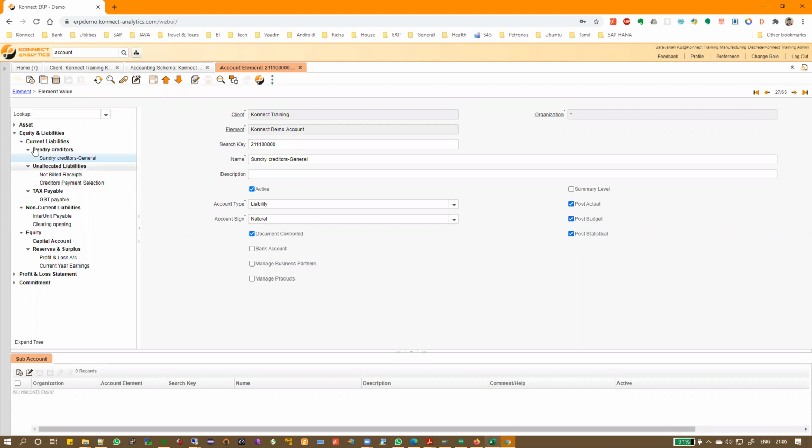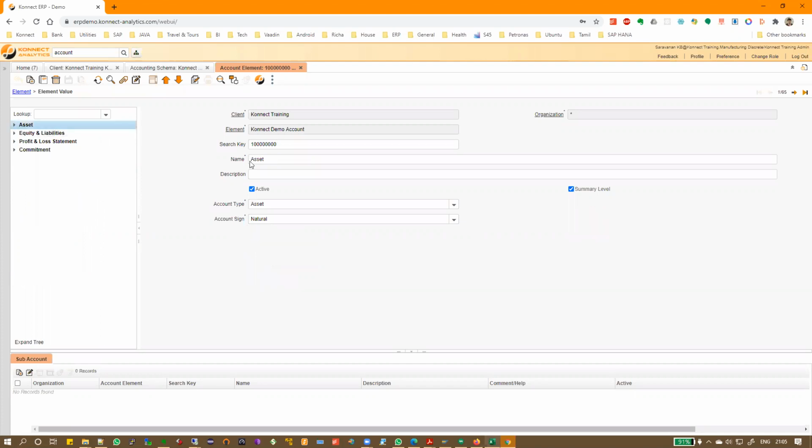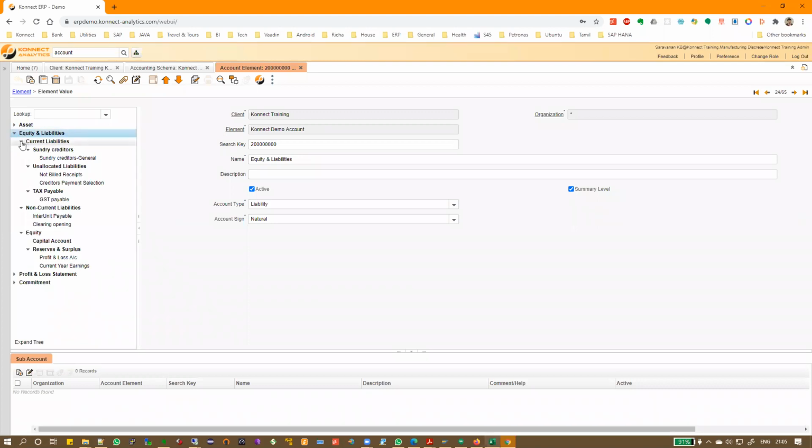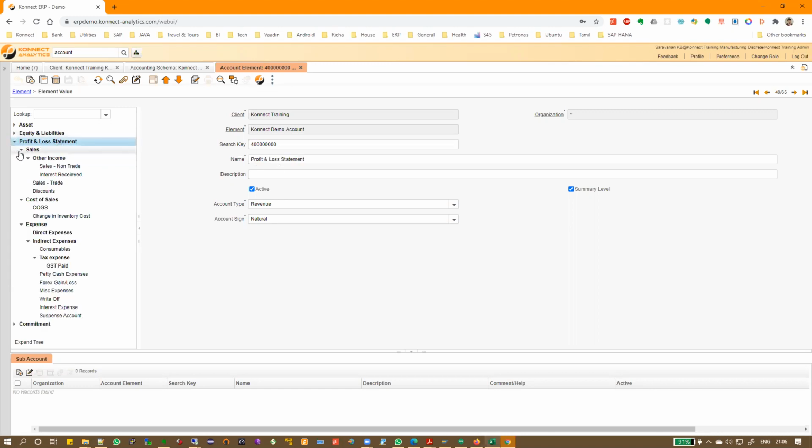Our naming convention is very simple. Now this is a feature, but we follow some practices. All our asset accounts will start with 1. All our equity and liability will start with 2. To be more particular, our liabilities will always start with 2-1, 2-2, and our equity will start with 2-3. Our profit and loss statement will start with 4.